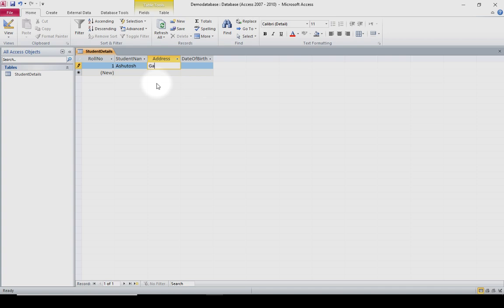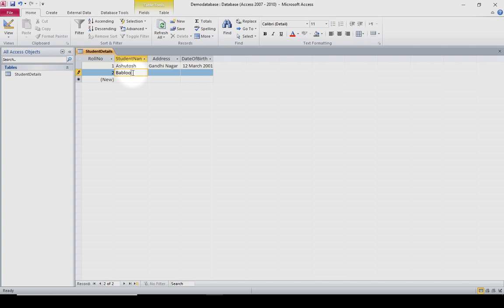Let's enter the address and the date of birth. So date of birth is going to be 12 March 2001. As you saw here, I did not provide any hyphen, and even if I want, I cannot provide any more digits. So click in the next name, start typing.